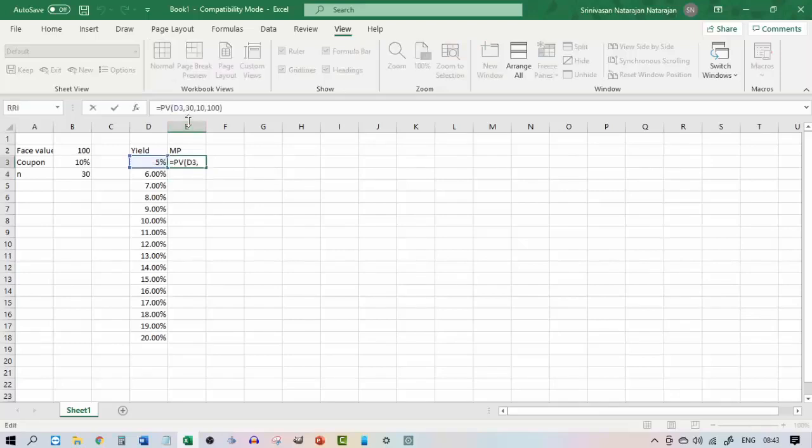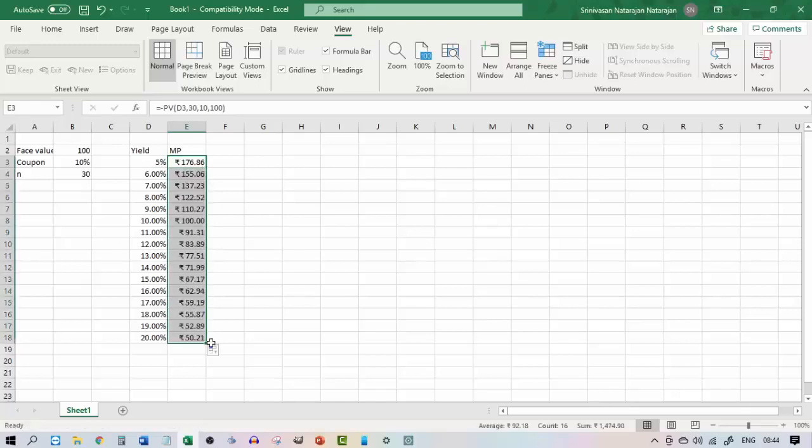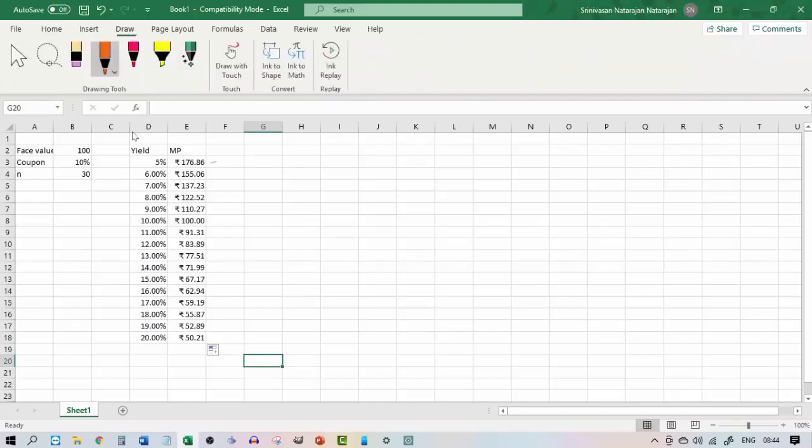So I just changed the sign. So we've got the price of the bond at a 5% yield, and we just click and drag it down. So now this has given me the price of the bond at various levels of yield. So at a 5% yield, the price of the bond is 176.86, and at 6% it is 155.06, and so